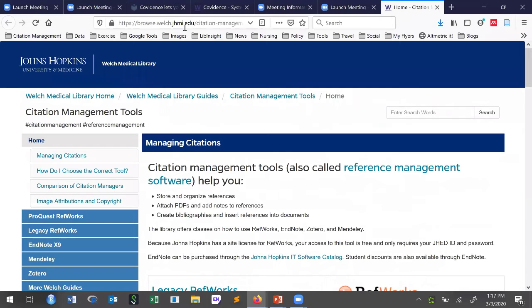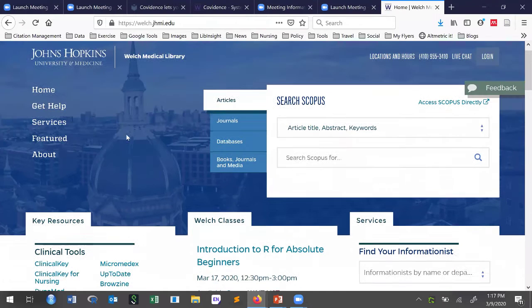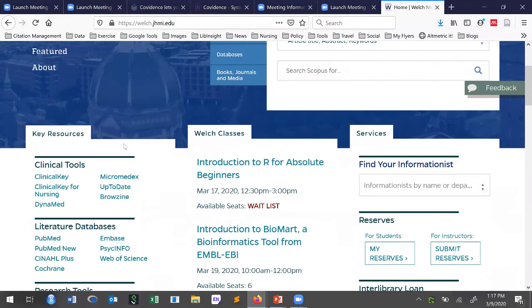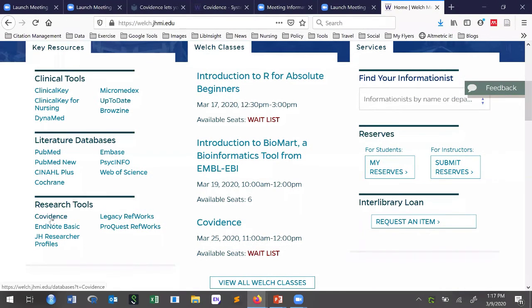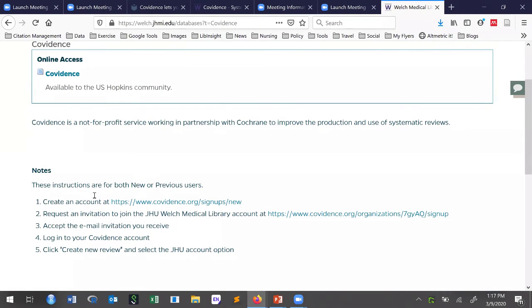So if I go to our Welch, you'll have different entryways. You'll have the Eisenhower Library, but the way that I go in is through the Welch Medical Library. Under Research Tools, if I click on Covidence, here are the instructions and the links for signing up. So the first thing you need to do is create your own account. And once you've created that account, then you request an invitation to the JHU Welch Medical Library, which gives you